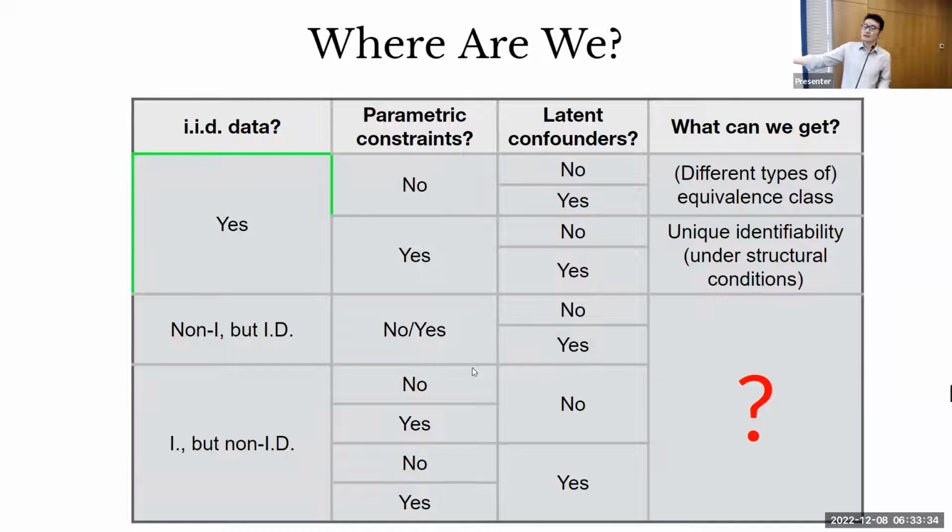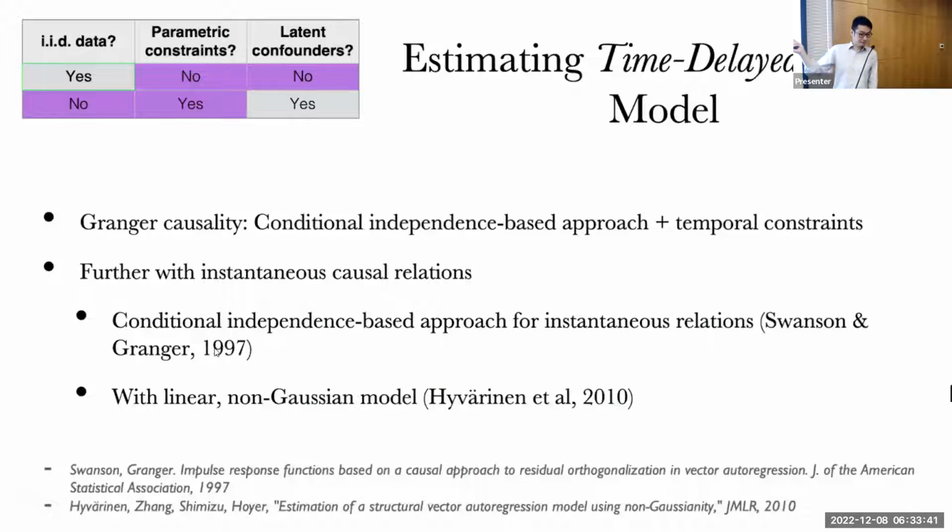Now, if you allow the violation of the IID assumption, all of a sudden the problem is easier to solve. Here, we know traditionally we try to estimate time-delayed causal relations. This is what Granger causality is about. In Granger causality, you try to see whether one process is uniquely useful for the prediction of another process, right? And then you can say it's causality. Under some assumptions, Granger causality is true causality. And now, with the new advances in the field, you can deal with Granger causality or time-delayed causality with instantaneous relations, and you can go further.